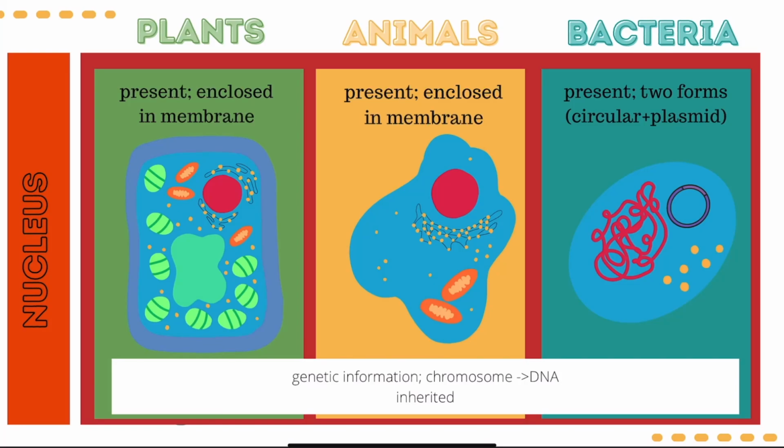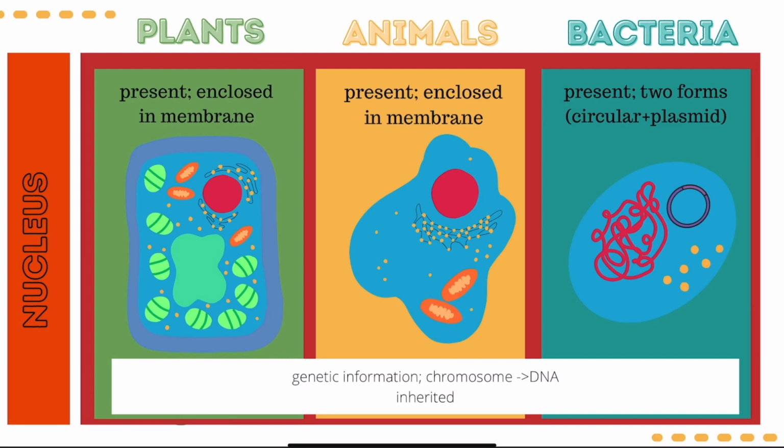In this slide, we have the nucleus. Nucleus in plants and animal cells are found to be round or oval in shape, and they contain a chromosome, which is a structure that holds our DNA. And they are found within the cytoplasm, and their function is to control cell division, cell development, and most of